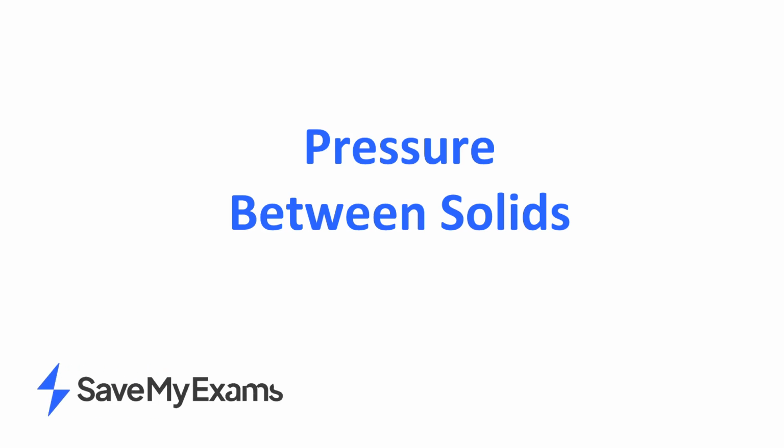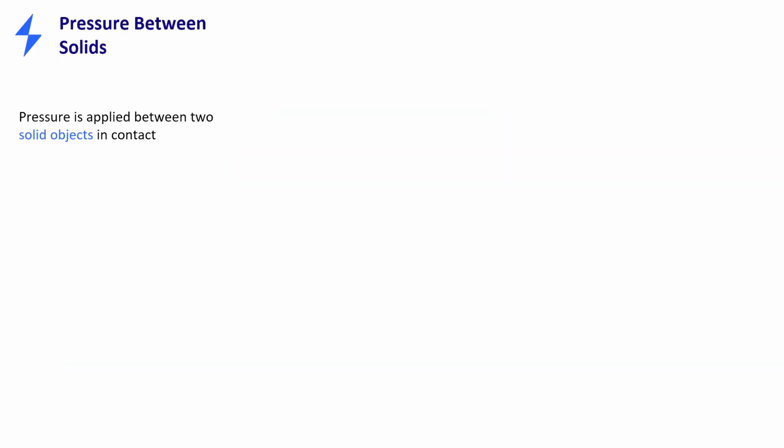This video is about pressure that occurs between solids in contact with each other. Pressure is applied between two solid objects whose surfaces are in contact with each other. Pressure is defined as the force per unit area, so it is the ratio of force applied over a certain